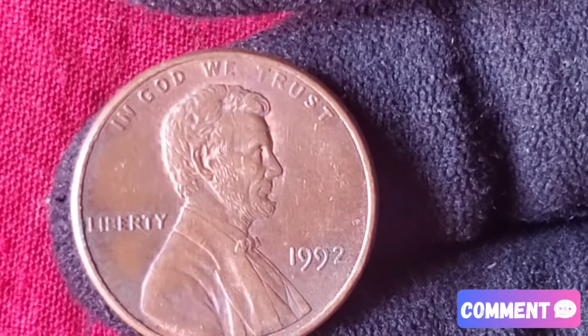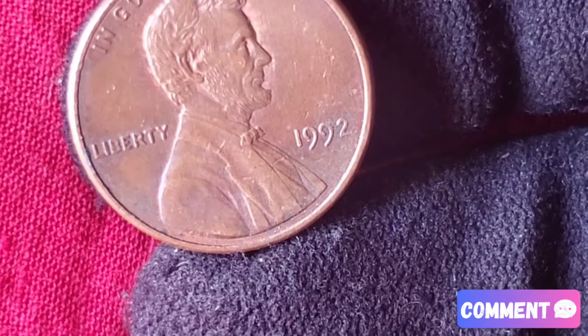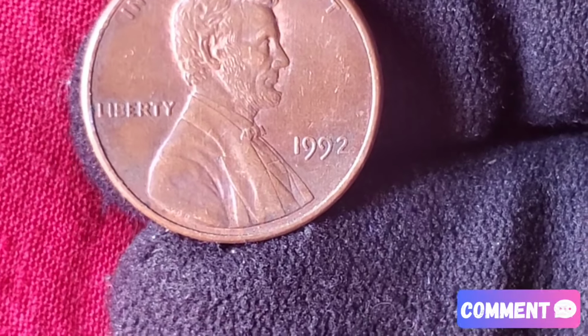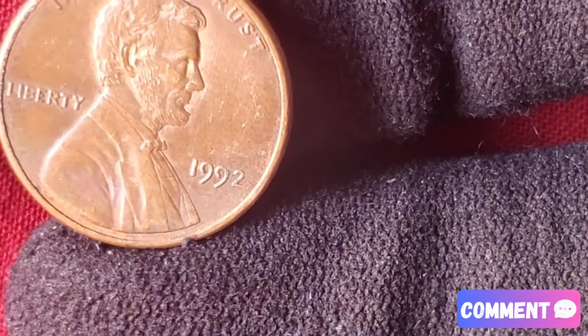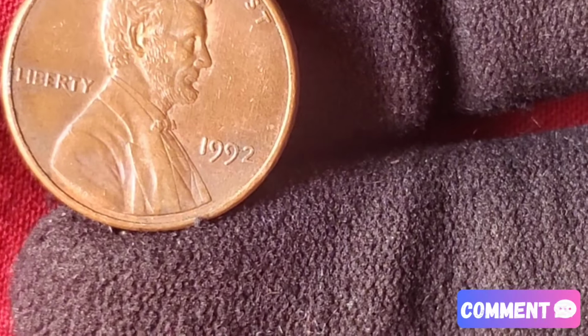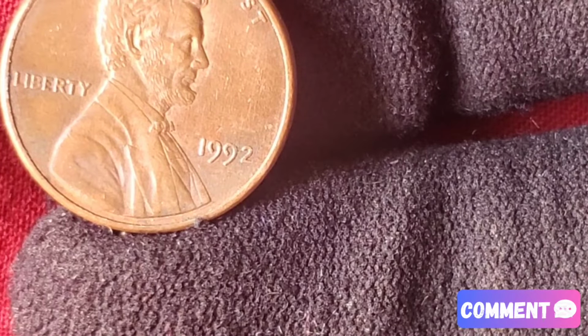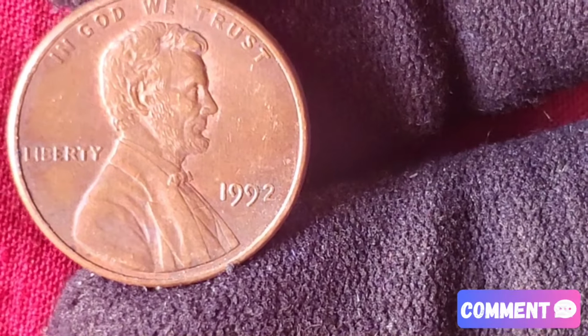Design of the 1992 Lincoln Cent. Obverse, front side, features a right-facing bust of Abraham Lincoln by Victor D. Brenner. The inscriptions include "In God We Trust" above Lincoln's head; "Liberty" to the left; the year, 1992, to the right; a small D mint mark below the year if minted in Denver; reverse, back side, Lincoln Memorial design by